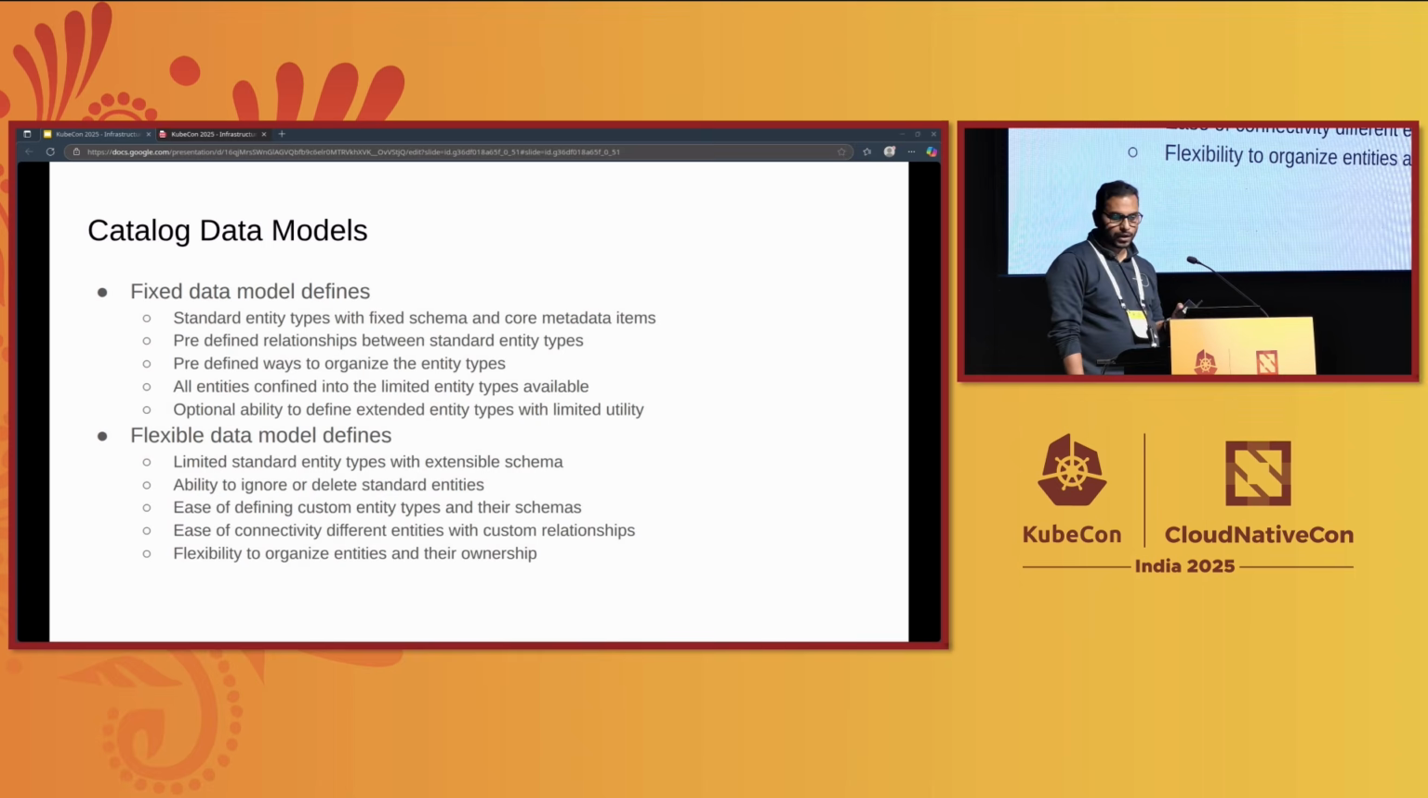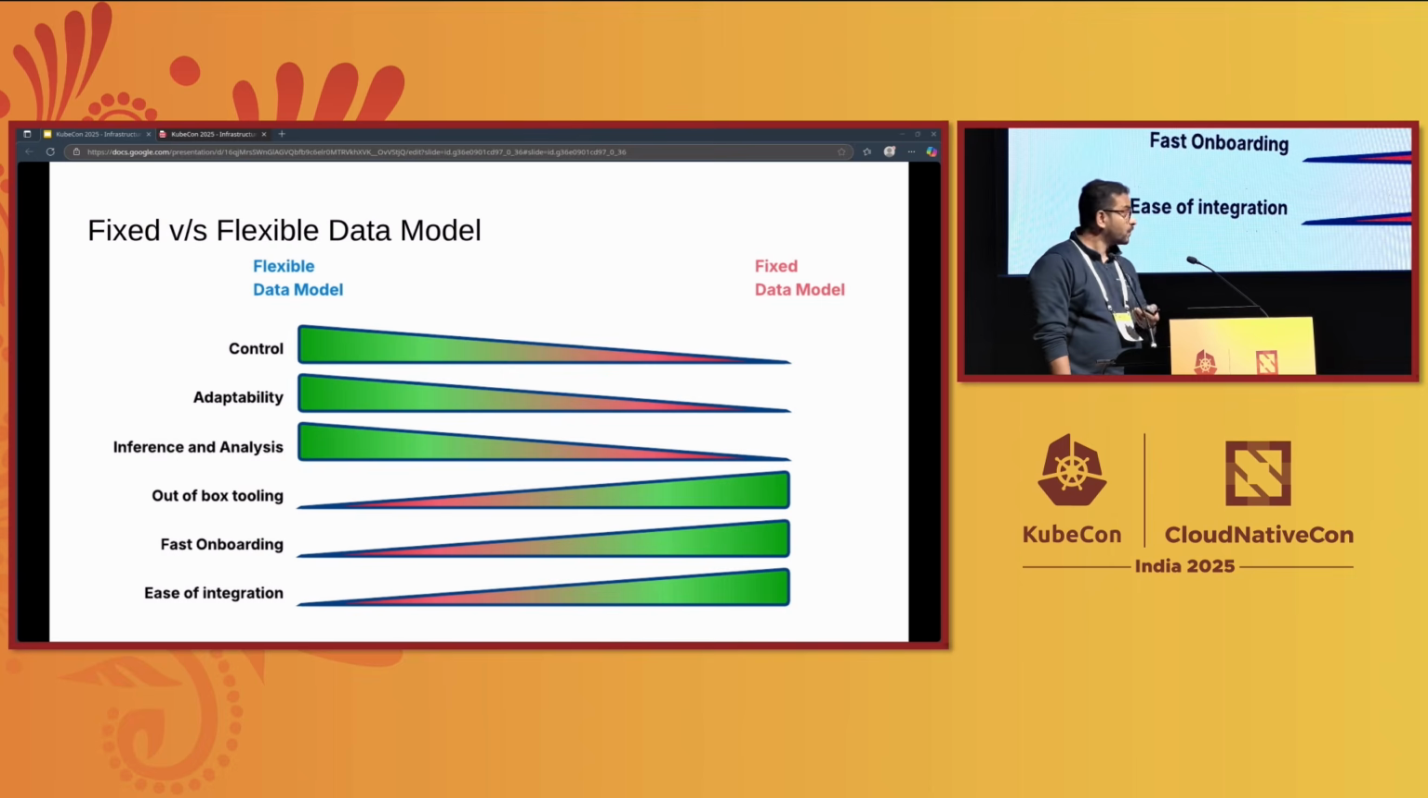But if you look at the flexible data model, it supports all sorts of extensibility and custom entity types, and it can better adapt to your organization's evolving needs. If you look at the comparison, this is how it would look. A flexible data model gives you far more control over how you model the catalog. It can also be tailored to your organization, because every organization has its own signature. The way you do things might be different, even if you use the same tools. It also allows you to have richer analysis, automation, and everything else on top of this data model, because it's all connected,